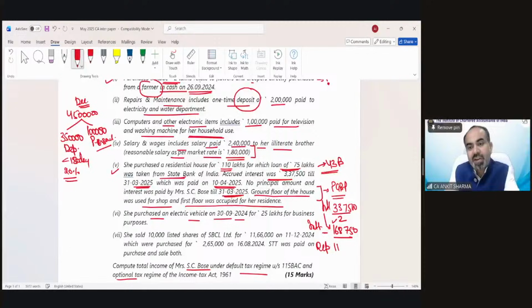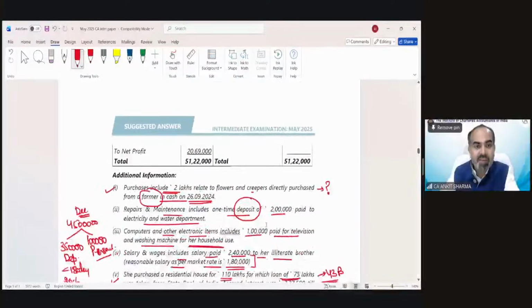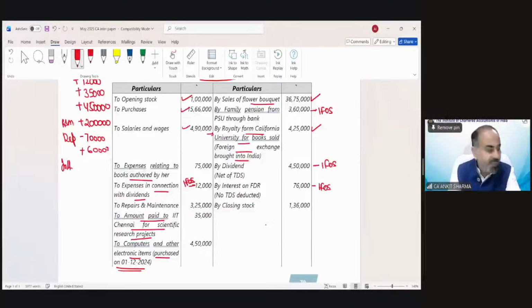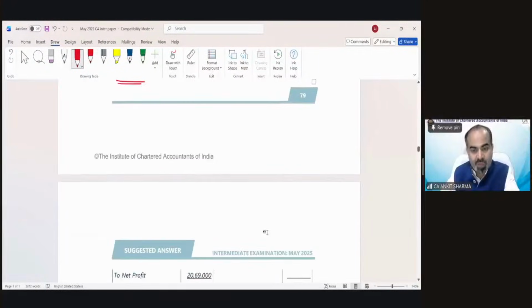House value was 110 lakh. Half value for business, that means 55 lakh. And 10% of it we can claim as a depreciation, that would be 5,50,000. So for the purpose of this point number 5, we have two benefits. One is interest, that would be 1,68,750. And one is depreciation, which would be 5 lakh 50,000 rupees. So very relevant information.